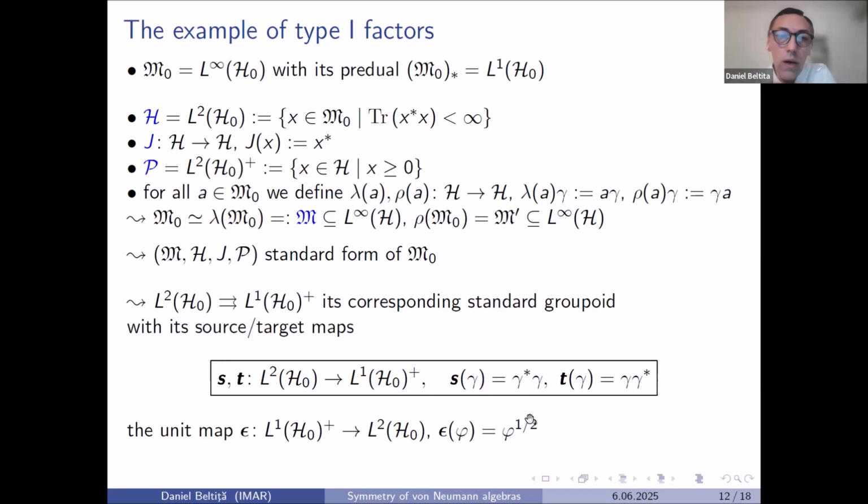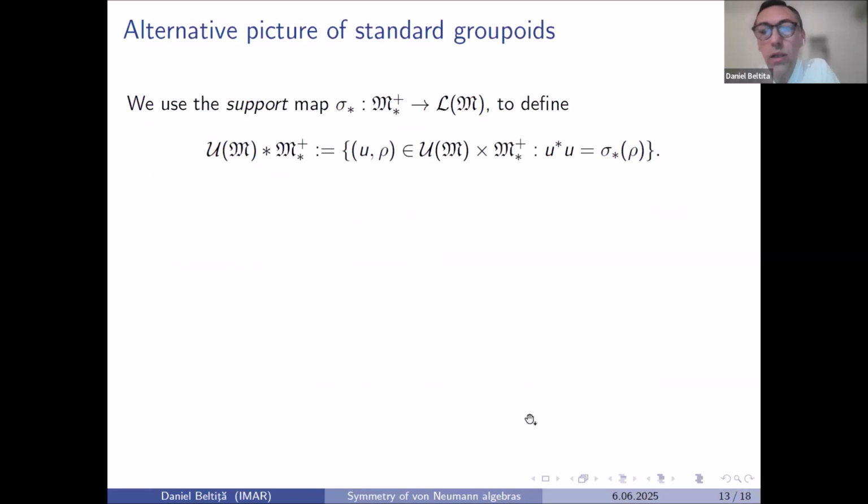So far we have this groupoid structure that already reflects some internal symmetry of the von Neumann algebra. But for people like you who have experience with Banach-Lie groups and the principal bundles associated to operator algebras, we would like to have even some differentiable structure on our groupoid. So far, I talked only about the algebraic structure. So how do we endow this with a smooth structure? In order to do that, we need to describe it differently.